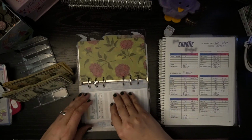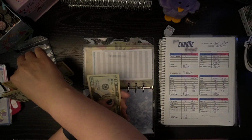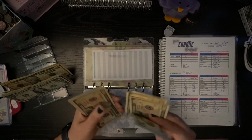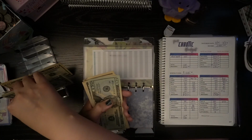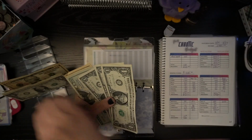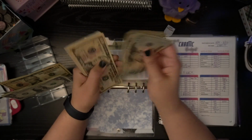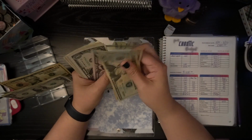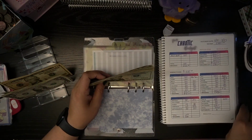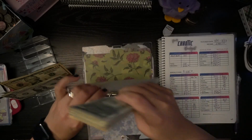Yearly fees is getting $24. I could have sworn that I had put this in for a 20, but I don't see it here, so I'm just gonna go with it. So we're putting in $24. So we now have a total of 20, 30, 40, 50, 55, 60, 65, 70, 71, 72, 73, 74, 75, 76, 77. We have a total of $77 in yearly fees,